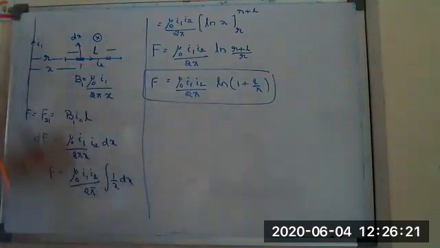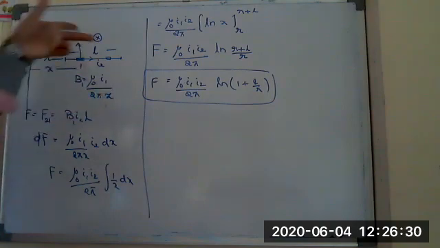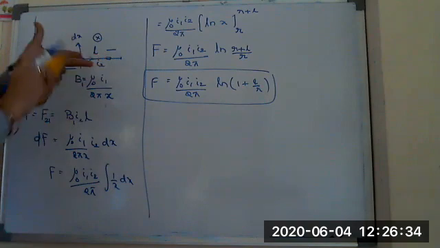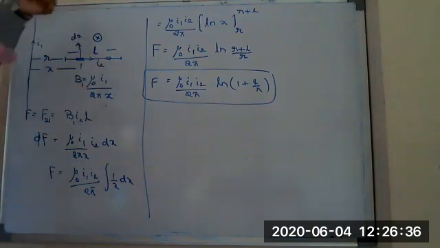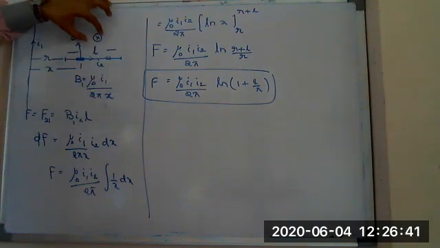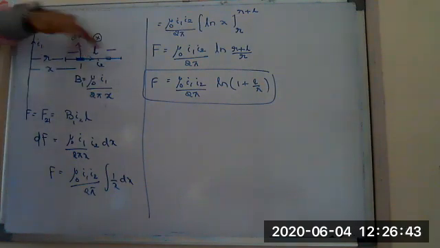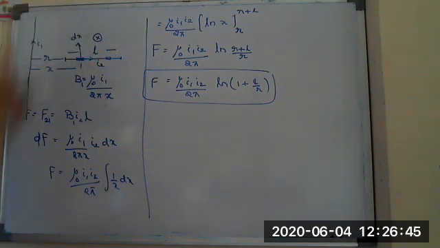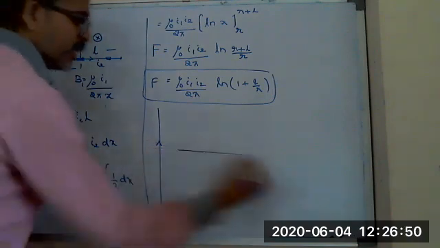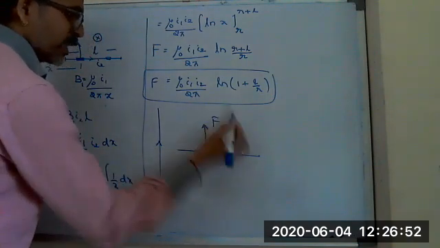In this case, in what direction does the force act? Using Fleming's left hand rule, B is into the page and the current is towards the right, so you get the force upwards. At all points B is into the page, at all points the current is towards the right, so at all points the force will be upwards. That's why on the second conductor you get the force in the upward direction.